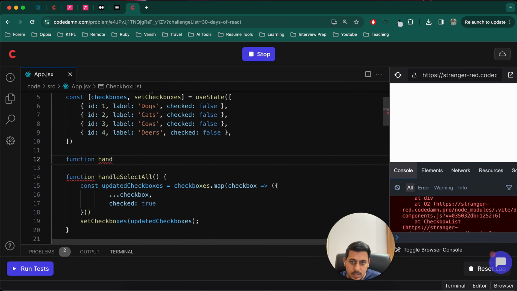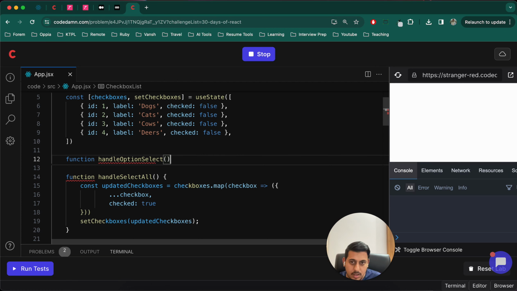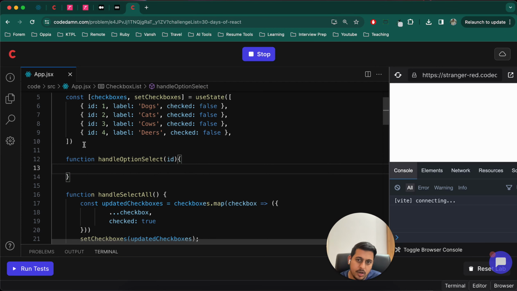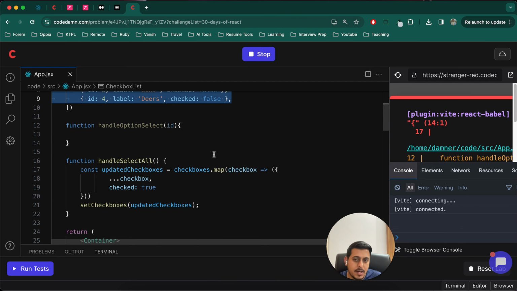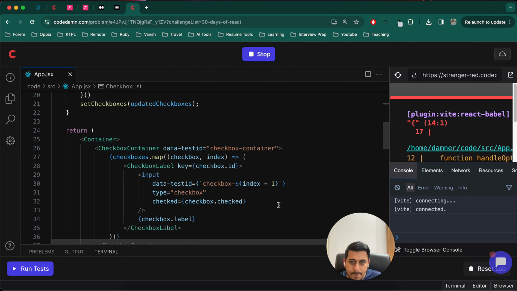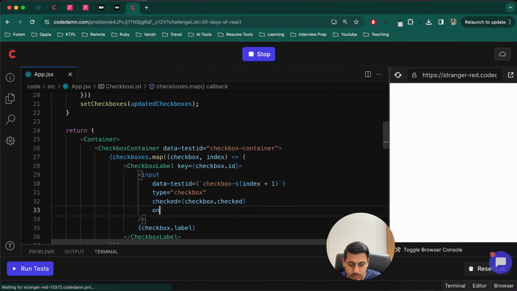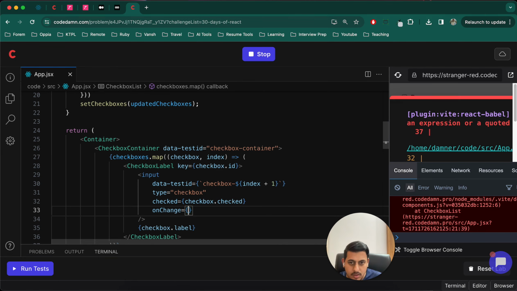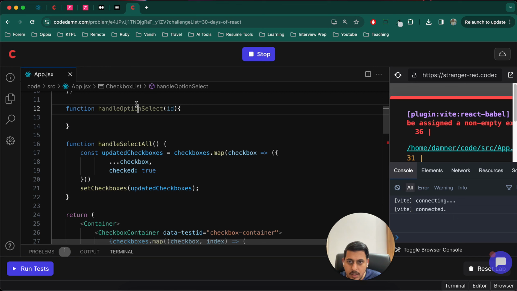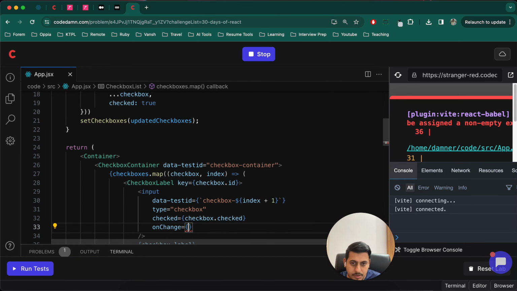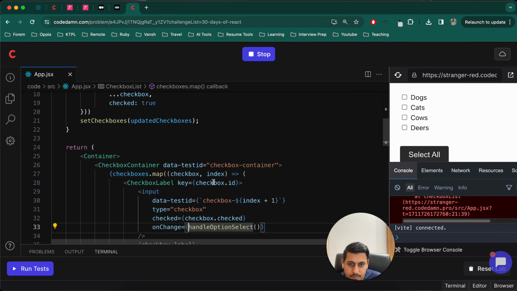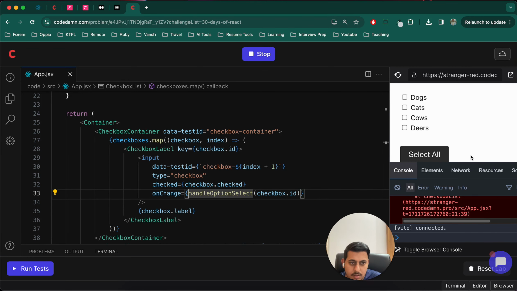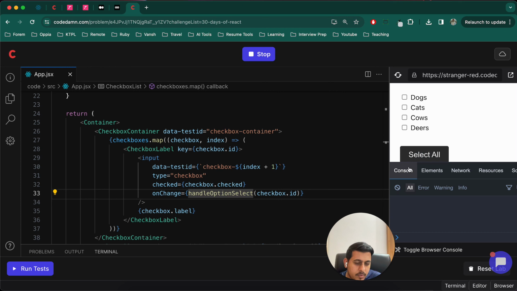Function handleOptionSelect. In this, I will need an ID. I already know that because we will have to identify them, right? On change, what was it? handleOptionSelect, right? So handleOptionSelect, and in that I'll have to pass this ID, checkbox.id. Let's remove this